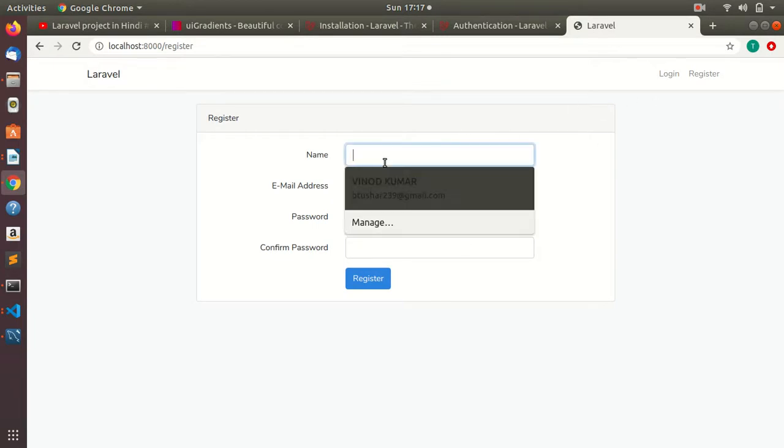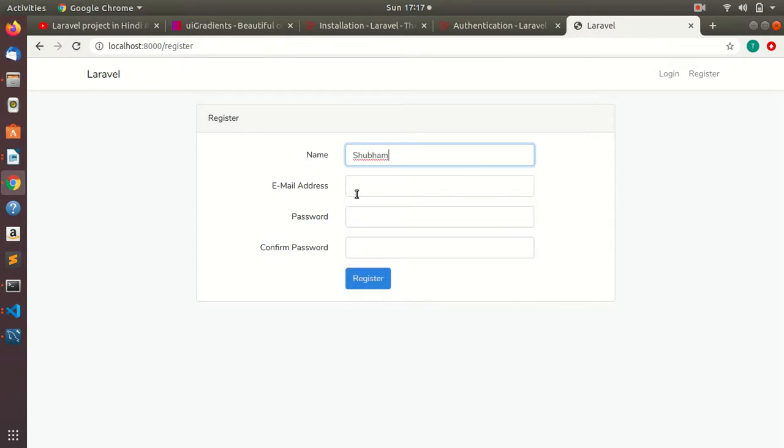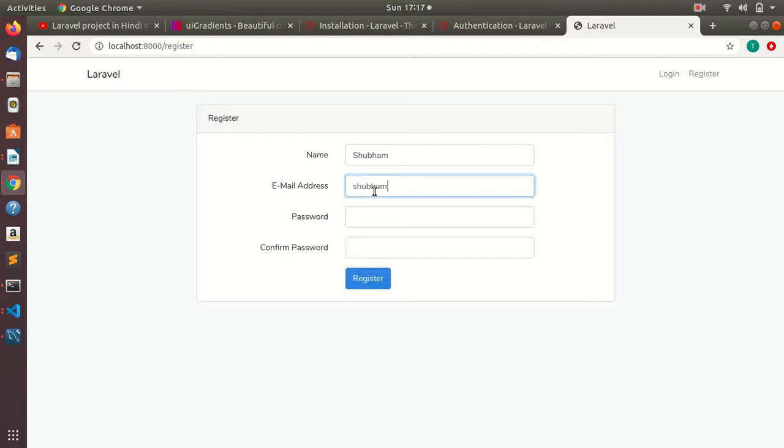So let's say I am registering a user with the name Shubham, and the email ID is shubham@test.com. For the password, I have to take at least 8 characters because it's a validation by default in Laravel, that I need at least 8 characters.